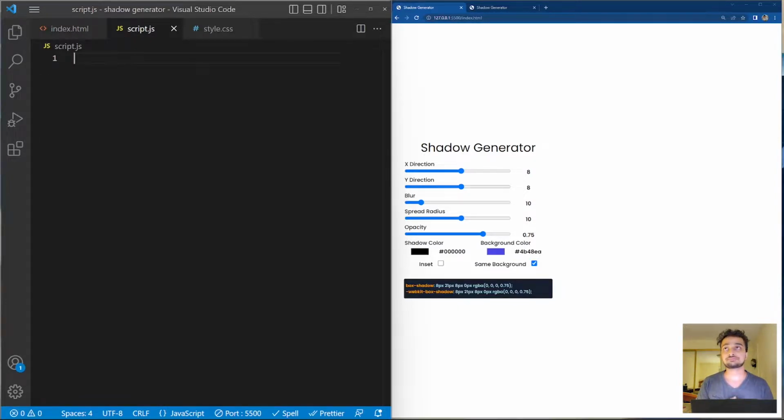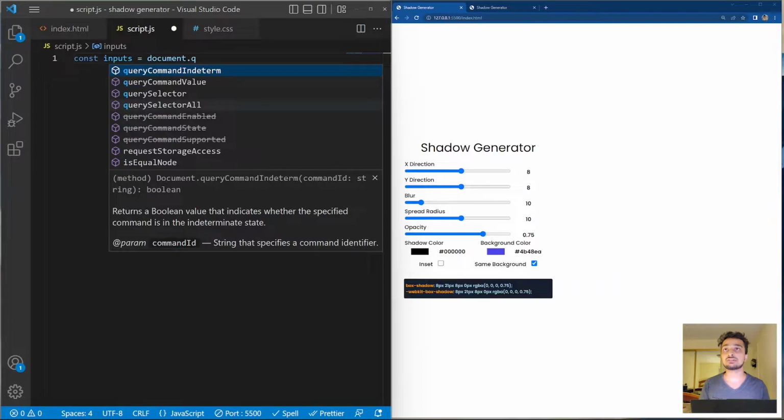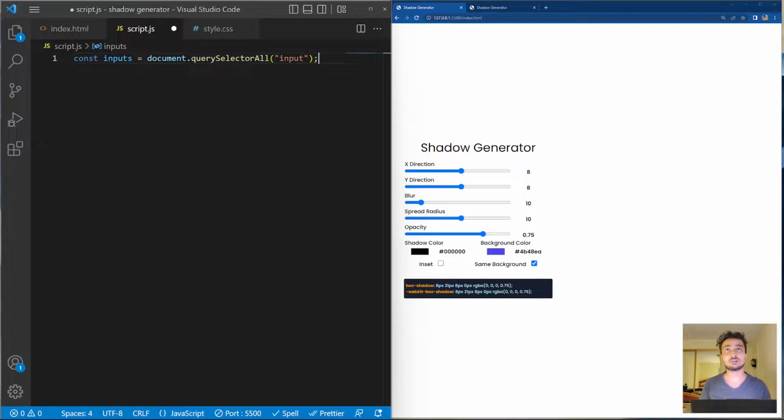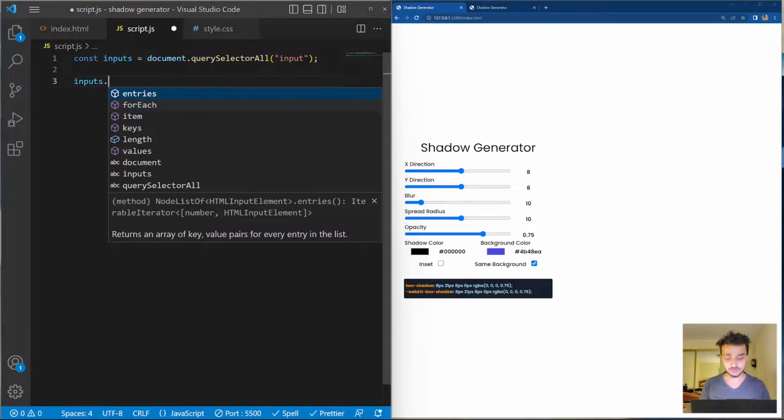For this one, what I'm going to do is get all of these inputs with querySelector. So let's do that. const inputs equals document.querySelectorAll, and here I'm going to do input. This is going to grab all the inputs here. Now we have to give an event listener to the inputs. For that we need to use forEach, so we can say inputs.forEach,